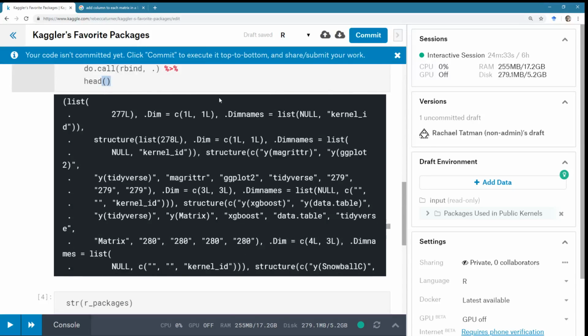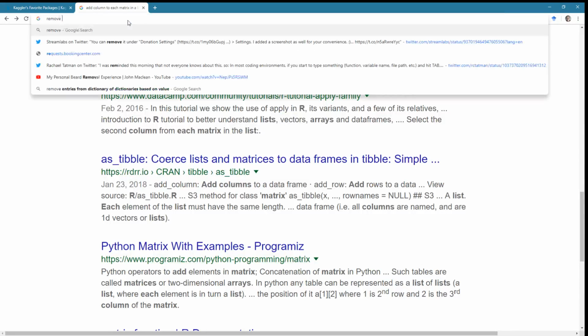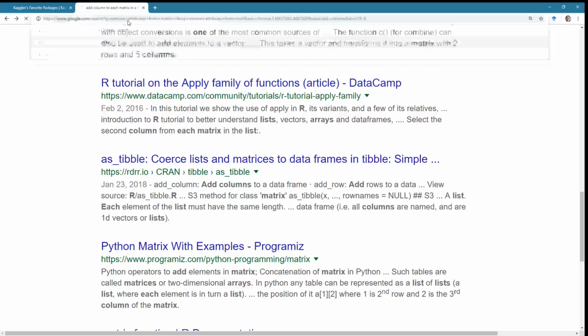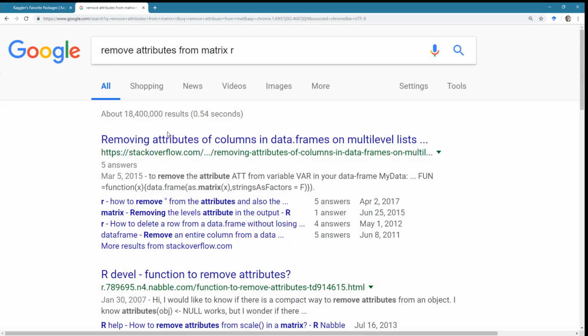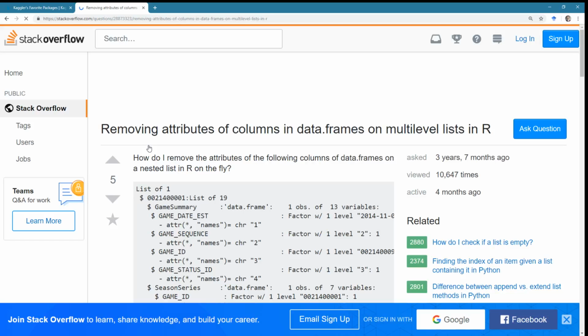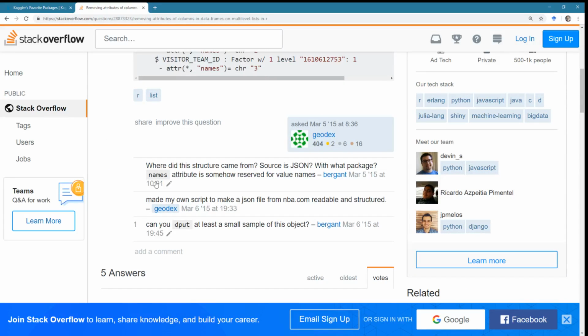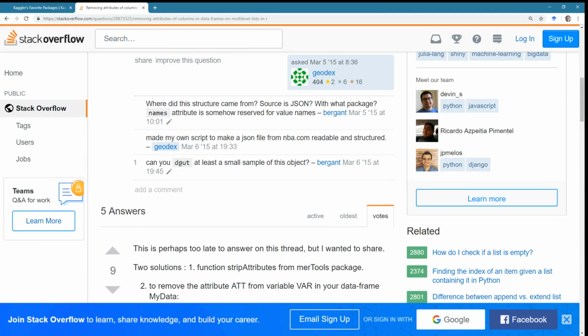And what if I wanted to remove attributes from matrix in R? Yes, how do I do that? Yes, in a list. Hey, this person knows what I want. Thank you very much. Names attribute is somehow reserved for value names. Dput.